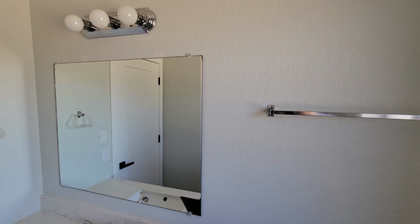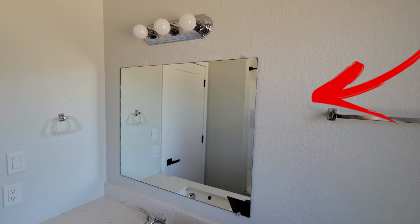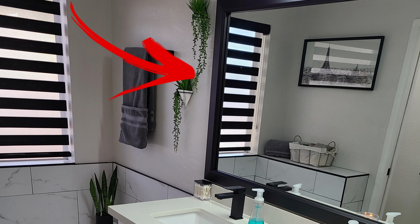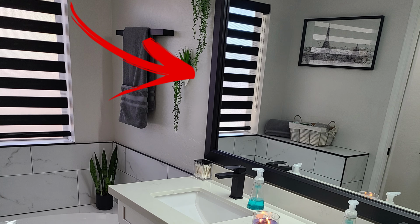I also wanted to put a border around the mirror to make this bathroom look a lot better, kind of like the previous bathroom remodel project that I did. That's a super cheap way to make your bathroom look awesome. I just ran out of time on this project, so I'm going to have to save it for a later date. But 3 tips to make your bathroom look amazing for a really cheap price and just a little bit of